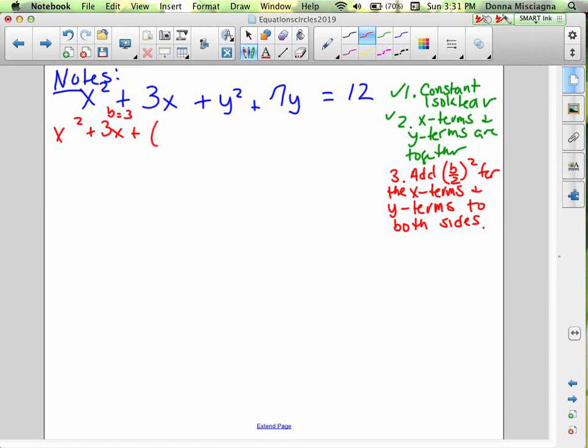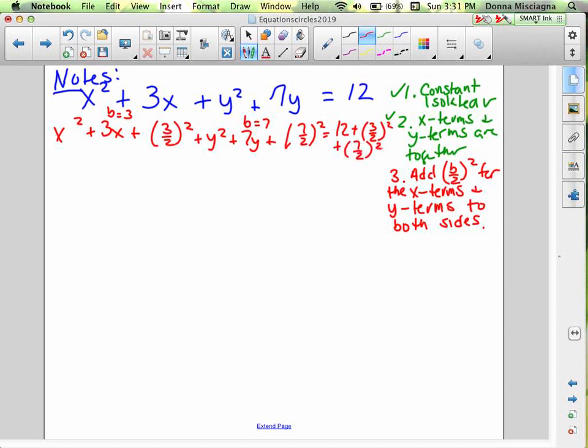So this would be 3 divided by 2 squared. Plus y squared plus 7y plus, right, so for the y terms, b is 7. So that would be 7 divided by 2 squared equals 12 plus 3 divided by 2 squared plus 7 divided